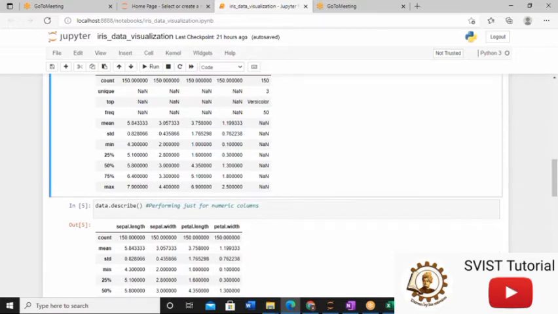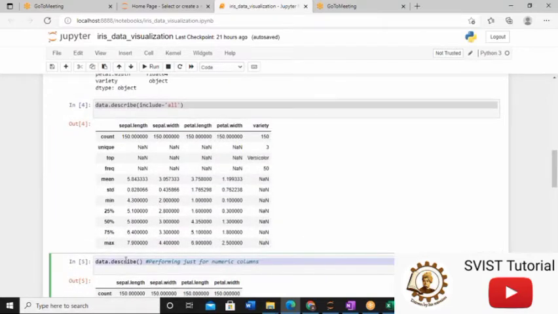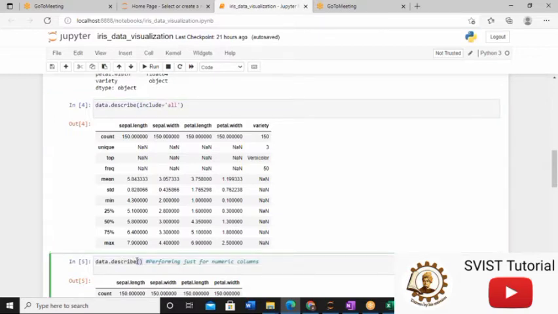Just make a note over here. I have also written this syntax, data.describe, in order to conclude my discussion, that is, whenever I want to deal with mixed column data types, then I am writing this. But try to understand, whenever I am writing data.describe